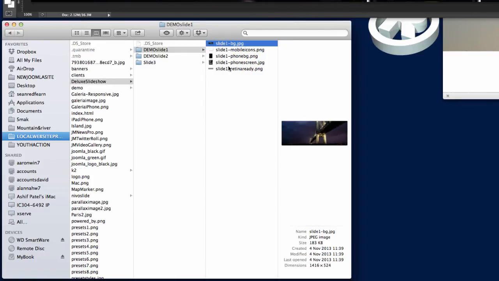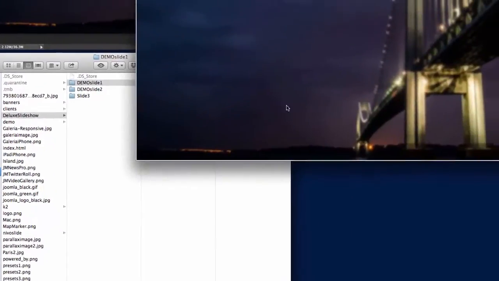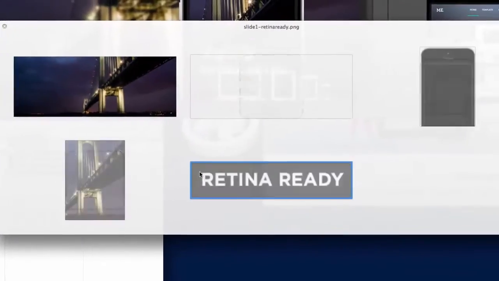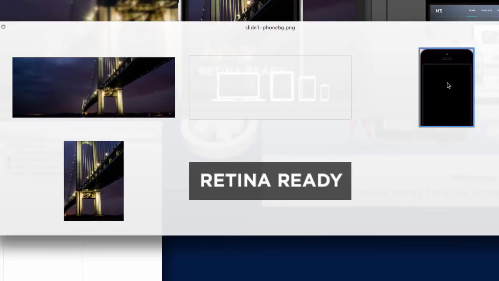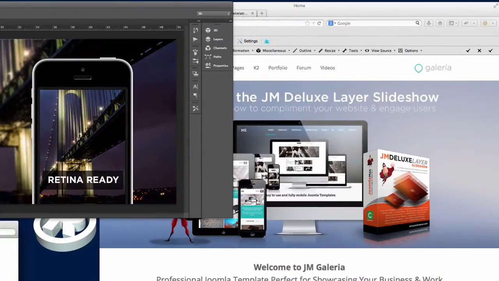I've already created these files for this tutorial. If I just click the preview button here and show you, you can see that each element is its own individual image. So we've got the background image, the mobile icons, the iPhone screen, and the caption that goes onto the iPhone. So we've got all our images together and we're ready to start building the actual slideshow within